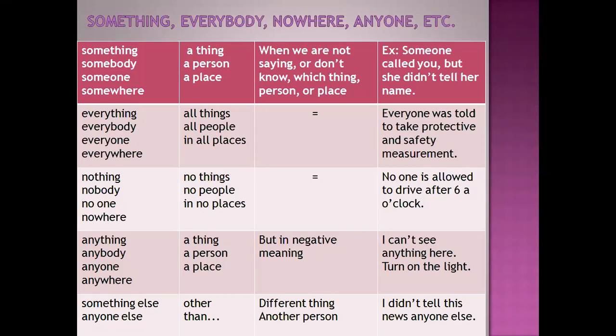So what would you use if there is a thing? Which pronoun would you use? Something. Good. What about a person? Somebody or someone. Exactly. What about a place? Somewhere. Okay. So now we're talking about when we are not saying or don't know which